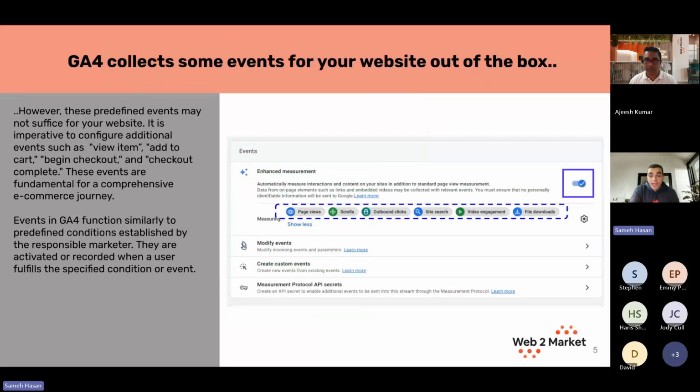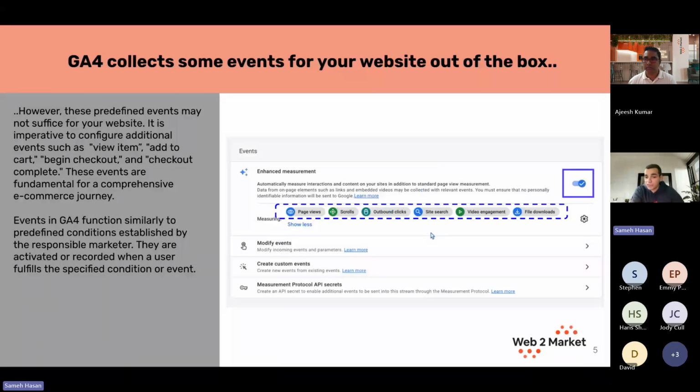Moving on to the events that Google GA4 defines by default, and we can speak a little bit about what events are and what they mean. Basically, an event is an if condition that is defined either by you or Google that you can set up on your Google Analytics 4 account when a user triggers that if condition on your website. GA4 sends that event into your reports so you can know when someone has